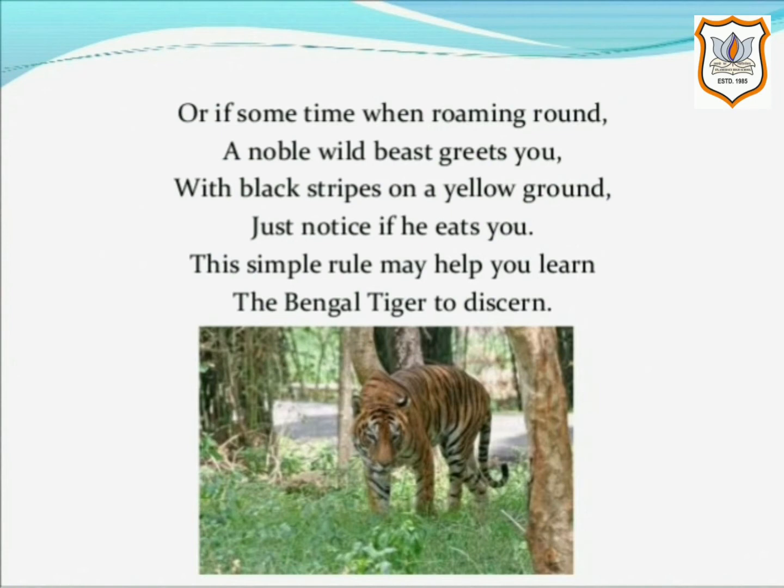She explains an animal that roams in the jungle and belongs to a royal clan. The color of its skin is yellowish with black stripes. She says that if you notice that he kills and eats you up, then this means that you have surely seen a Bengal tiger. This time also she has used dark humor to explain how a tiger looks, because once a person has been eaten up by a wild animal, there is no use in determining which animal it is.